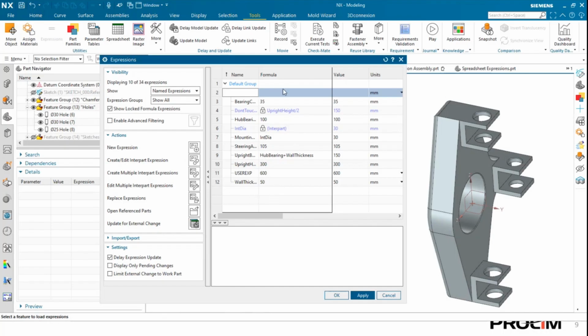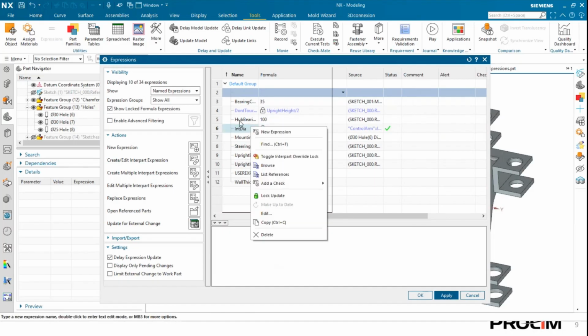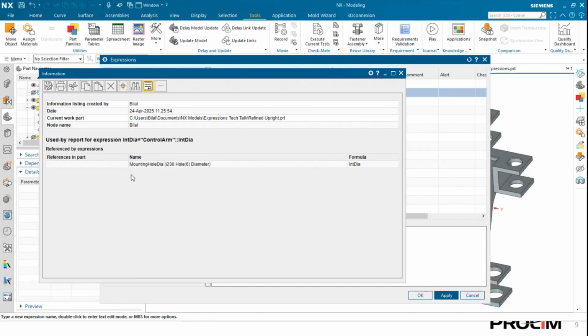Yeah, I think this covers pretty much everything I wanted to show you guys. And if you see this inner part link and you want to see where you can find them, you can often right-click, and this is where you can find different references and where they're used. Right-click the expression that you're trying to find and where it's being used, and go to List References. This will open up a list of all the references where it's being used, and you can see, okay, the reference in this part is the mounting hole, or the hole 6 diameter, and of course that's driving another